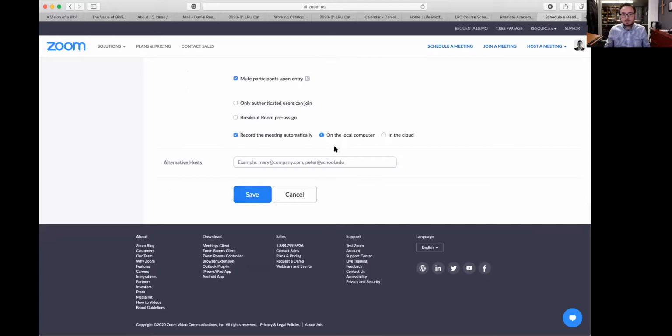Talking about recording, you can choose to record it on your local computer and then upload it to Moodle, or you can press in the cloud, and then it'll just record it in the cloud, and then you're going to upload the link to your Moodle wall. I would suggest doing the local computer. That's the way I prefer, but if you want to do the cloud, that's fine. Once you save,